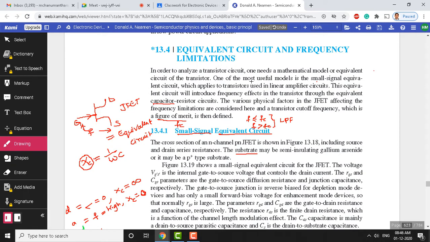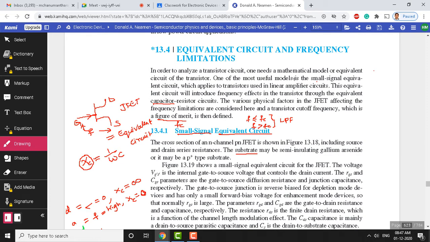Okay, so one useful model is a small signal equivalent circuit model that we have discussed in the last class. Mainly this model is used for analyzing amplifier circuits. Even any analog circuits can be analyzed with the help of this small signal equivalent circuit model. The actual benefit of this model you will see in the next semester. You have a subject called analog electronics. There you will get the benefit of the small signal equivalent model.